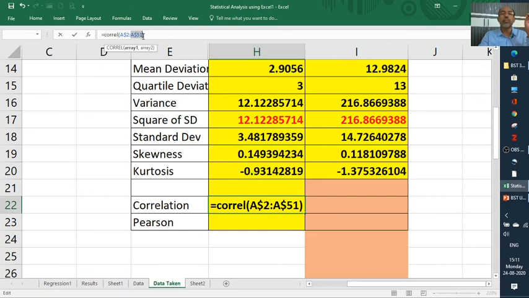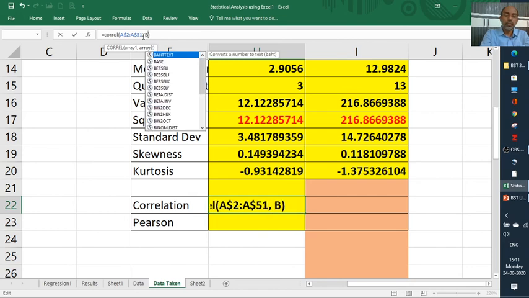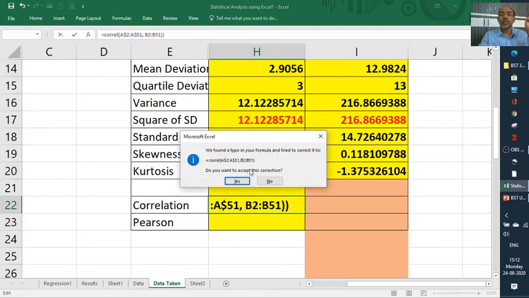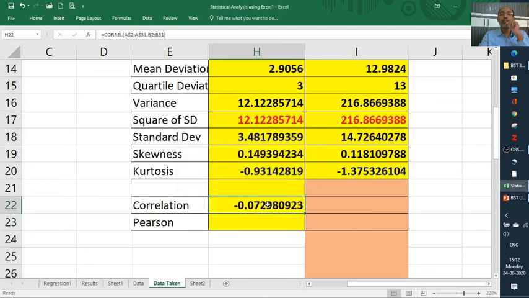We need both arrays, so we need two arrays. Array 1 is A2 to A51, comma, second array B2 to B51. Okay, the formula got the answer.